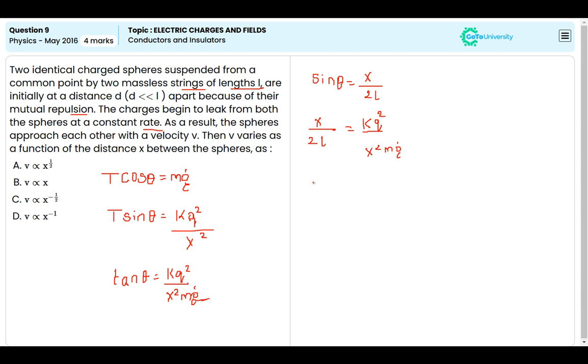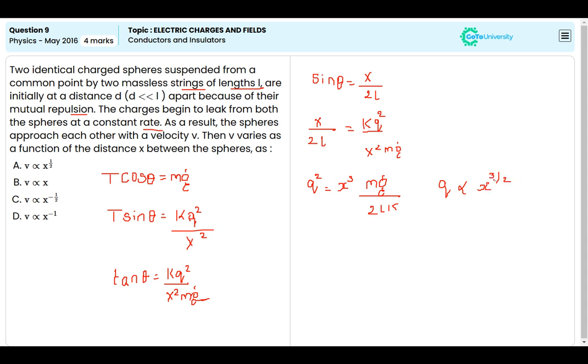Solving for q squared, q squared is equal to x cubed times mg divided by 2Lk, or we can say q is directly proportional to x to the power of